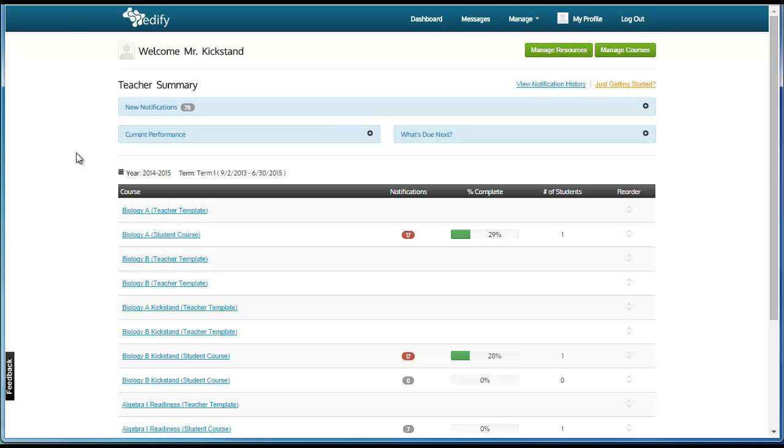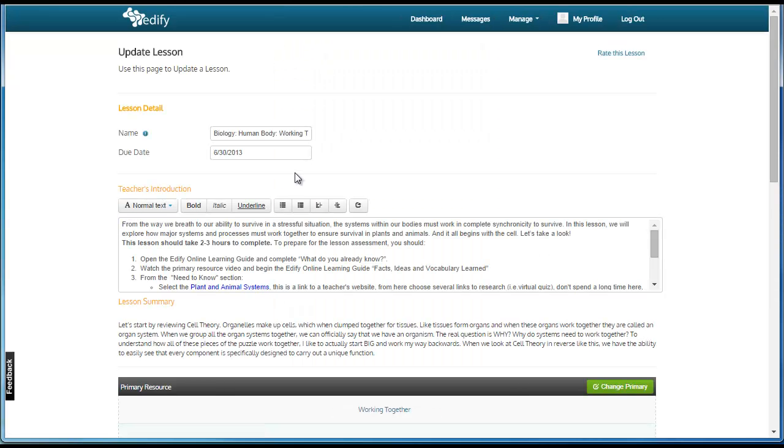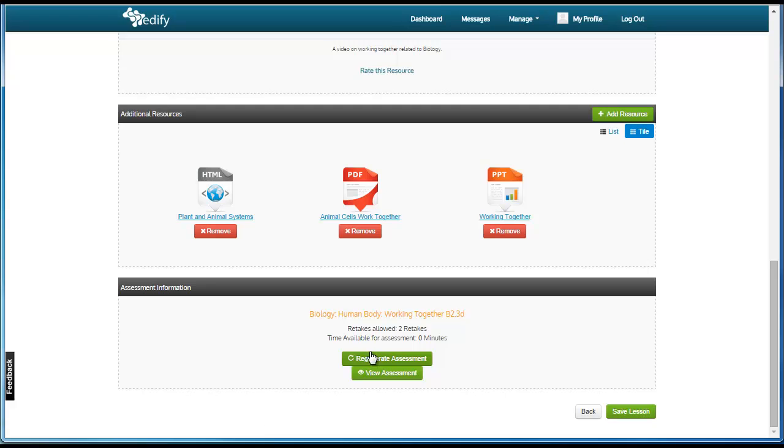To create an assessment in Edify, first you will need to select the course from your teacher dashboard. Select the lesson you wish to add an assessment to. Scroll down to the bottom of the Edit Lesson page, where you will see either the Regenerate Assessment button or